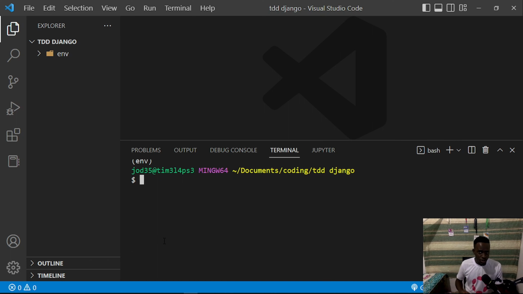So once we've installed Django within our virtual environment, we expect to have the django-admin command, and what this does is to allow us to create a fresh Django project. It can also allow us to run some of the things that we may run with python manage.py. So what I'm going to do is to say django-admin